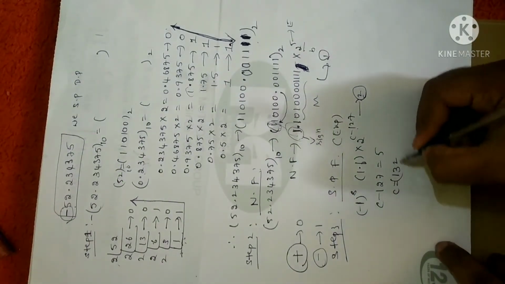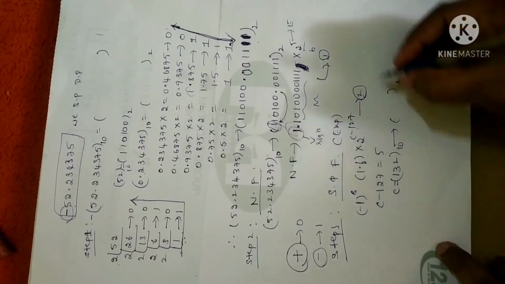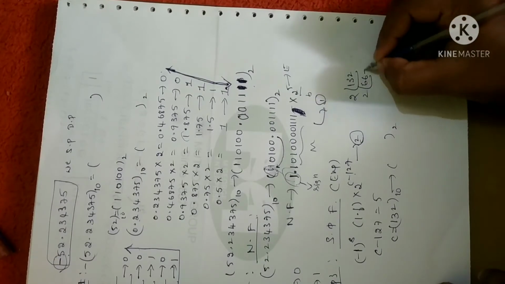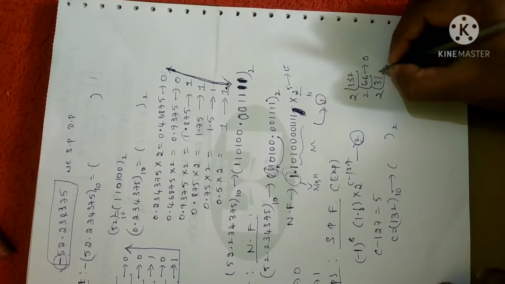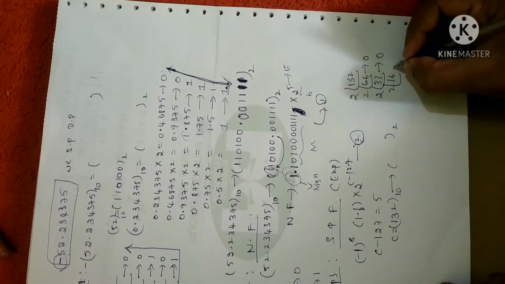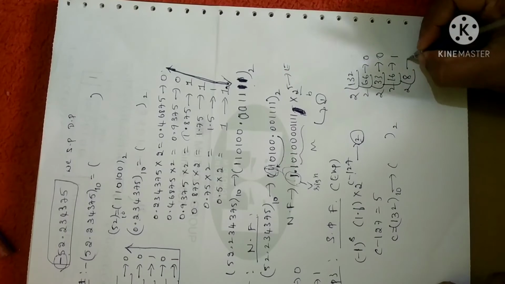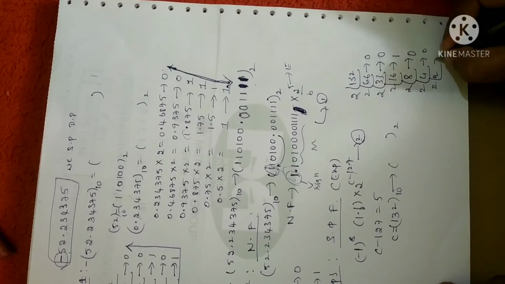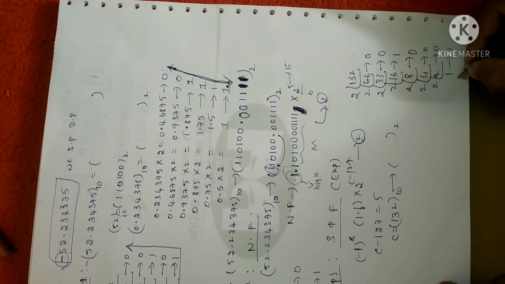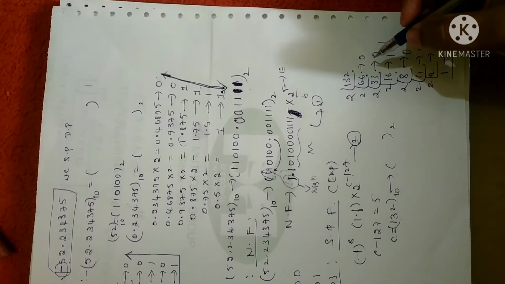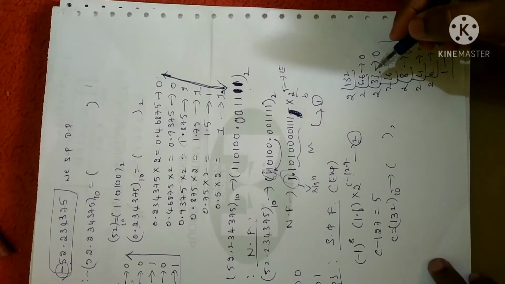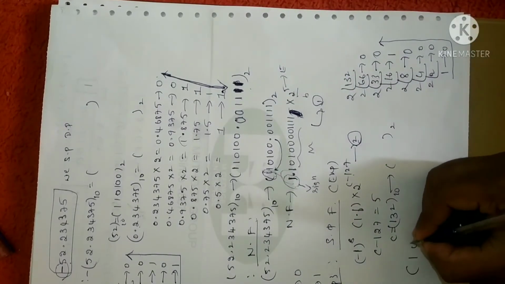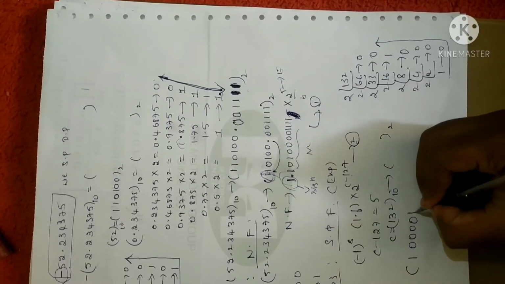Clear? Now this is in decimal format, you have to convert it into the equivalent binary number. So let me convert 132 into binary. Divide it by 2, you will get 66, again dividing by 2, remainder 0, again 0, again dividing, you will get 1, again dividing, you will get 0, 2 4s are 8, you will get 0, 2 2s are 4, you will get 0, 2 1s are 2, you will get 0. While writing the integer part, you have to remember that you have to write from bottom to top. So the required number will be 1 followed by 4 zeros, 100.